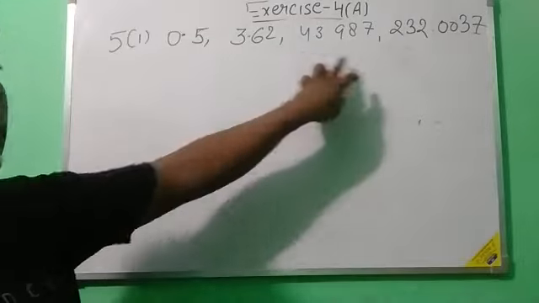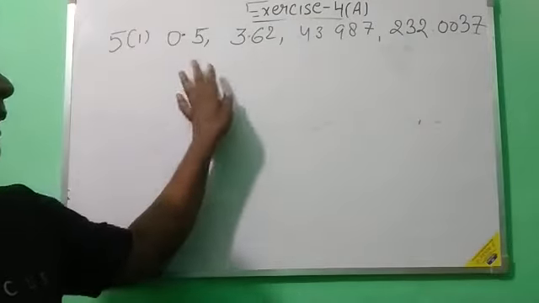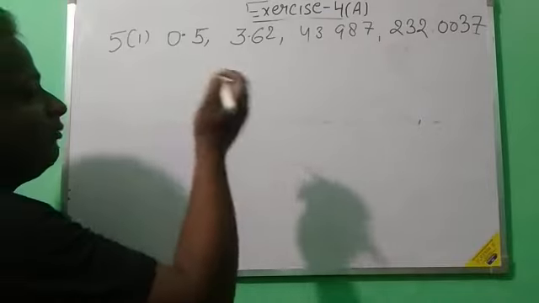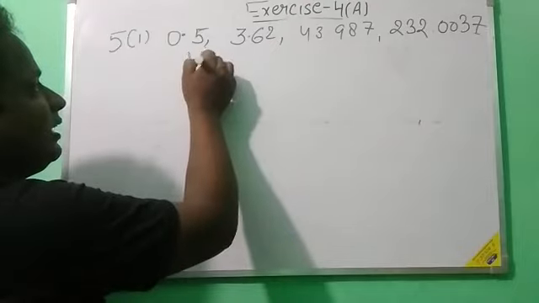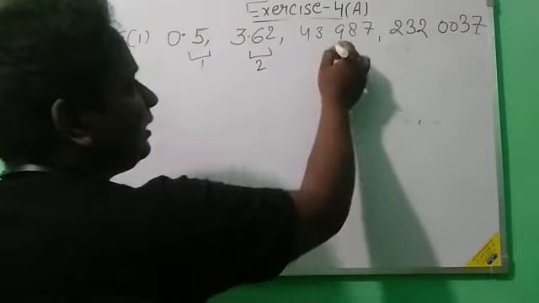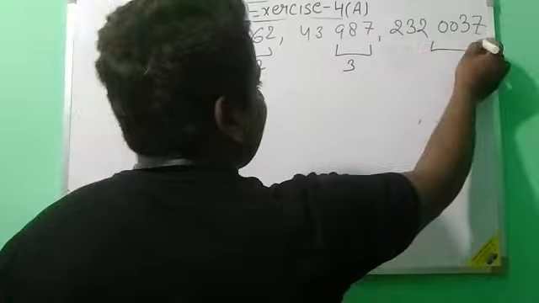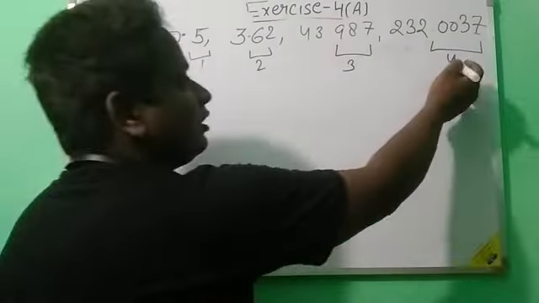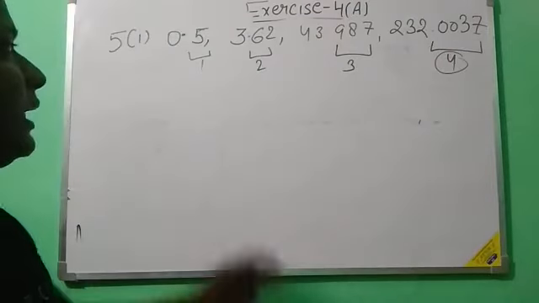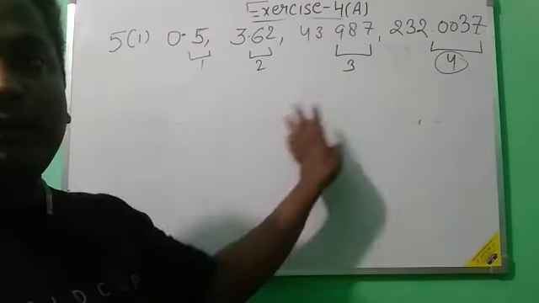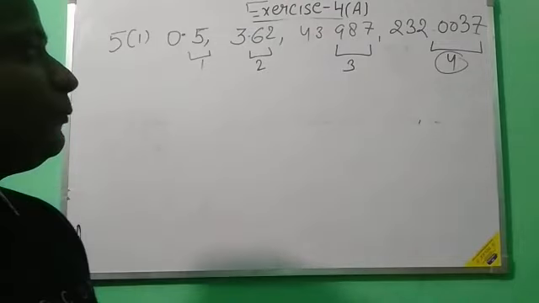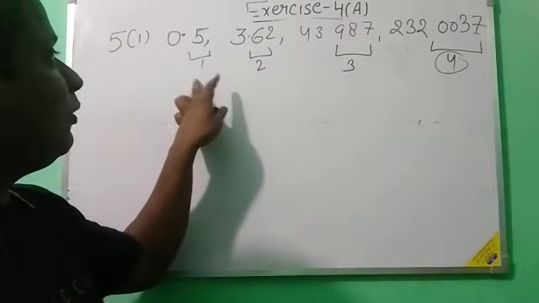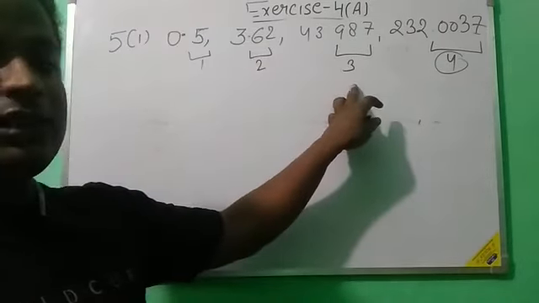सबके decimal places बराबर अगर हो जाएंगे तो ये क्या हो जाएगा, एक like fraction बन जाएगा. ठीक है. So we will count the decimal places. Here I have one decimal place. Here I have two decimal place. Here I have three decimal place, and here I have four decimal place. So maximum number of decimal places in this question is 4. So if I make the decimal places 4 in all these numbers, so it will become a like fraction. So maximum number of decimal places are 4. So I'll make all the decimal places as 4.